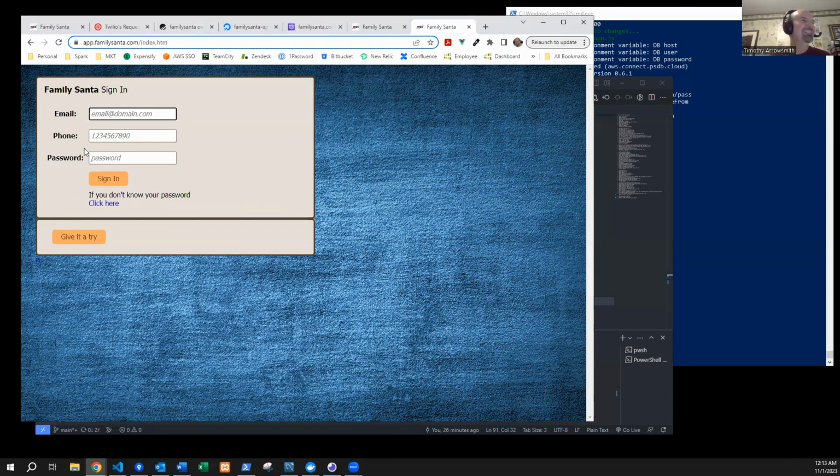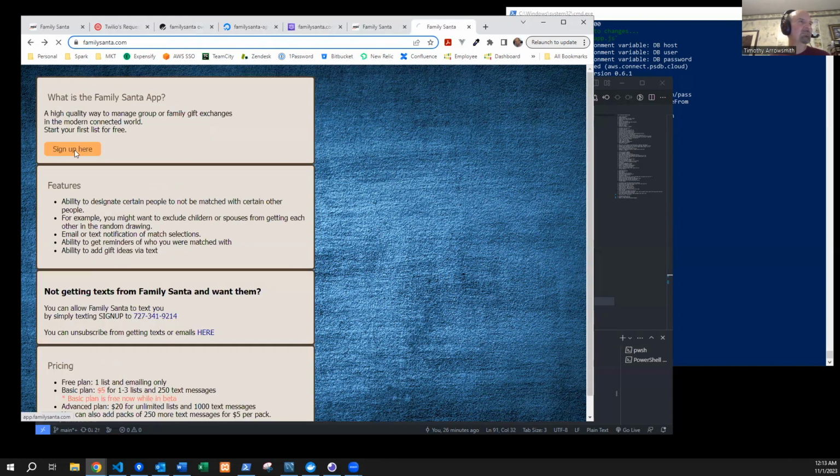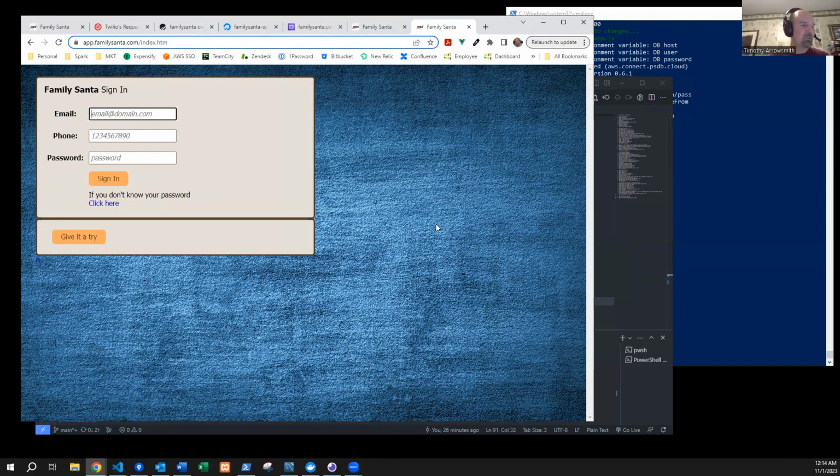Yes. It goes to the sign in page, which, give it a try, brings us to your registration page, as you recall. Perhaps I should use cookies or some sort of mechanism to know whether we should be on the registration page or on the login page. Anyway, let's talk about database